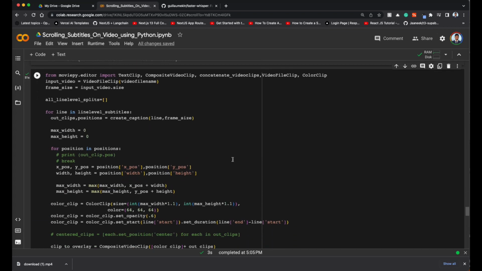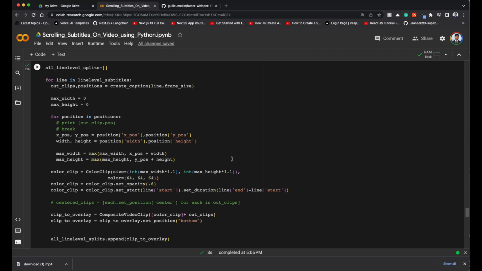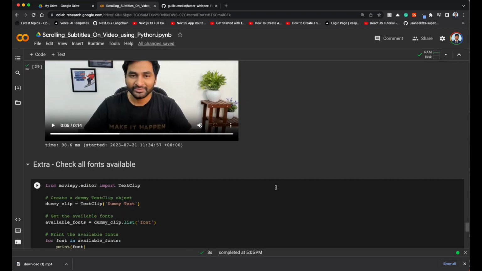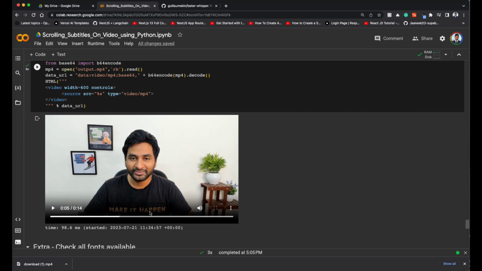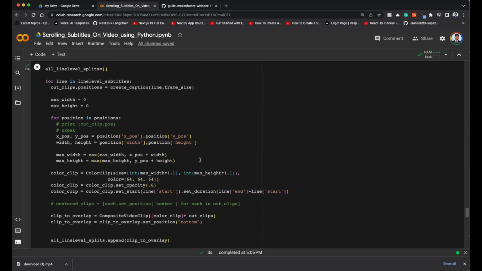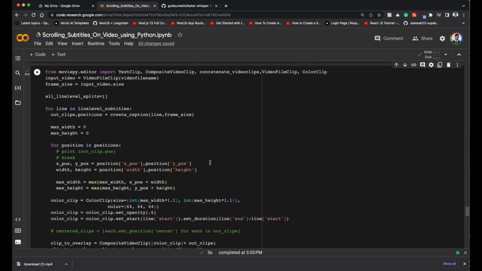Now here comes the beautiful part. We got the word and we have everything that's there, but how do you place it on a transparent gray background? Because if you don't do the post processing, that word and yellow are just going to appear as it is on top here, but we want to position them here as well as add a light gray transparent background. So that's where we are using some more Moviepy magic,